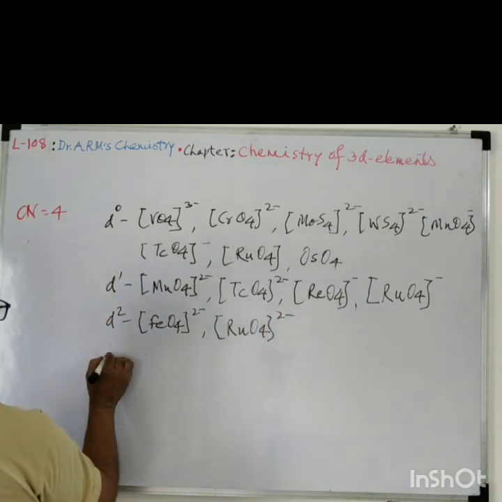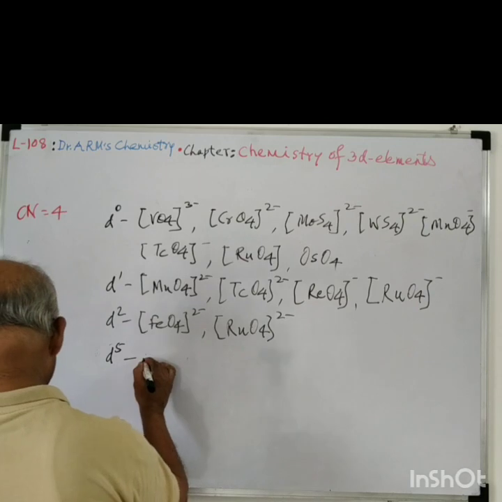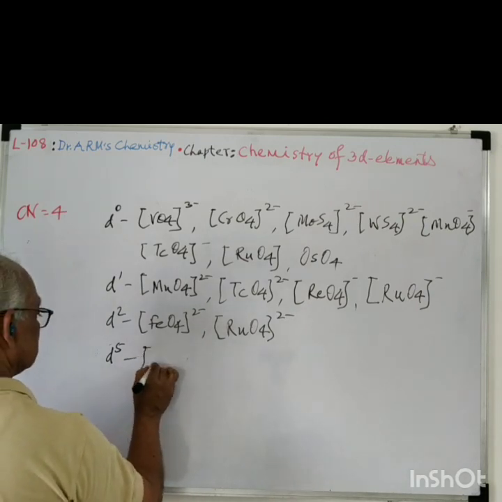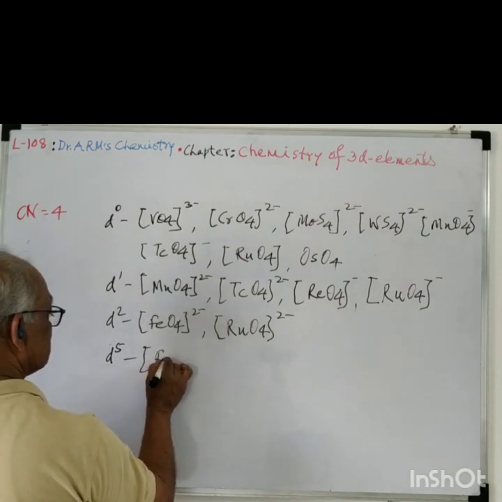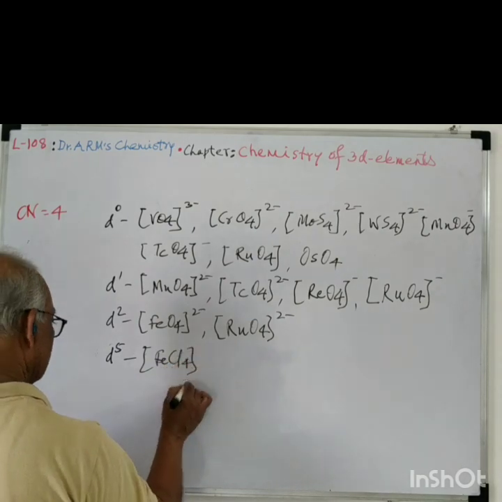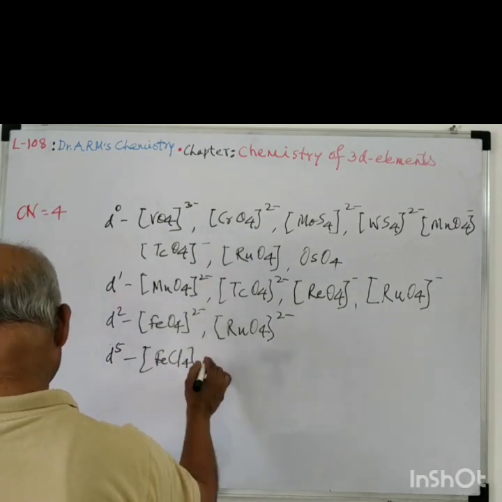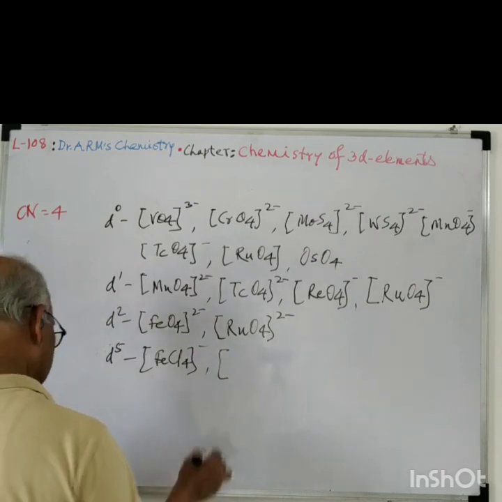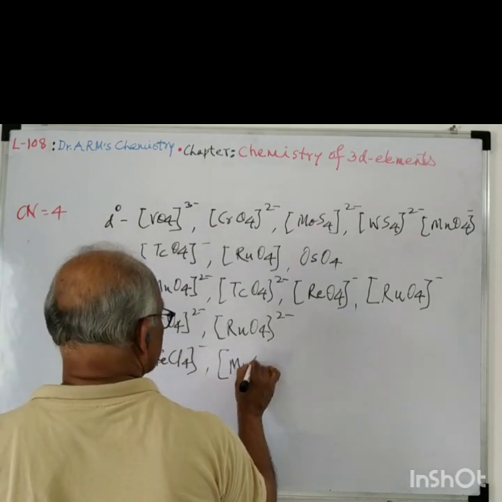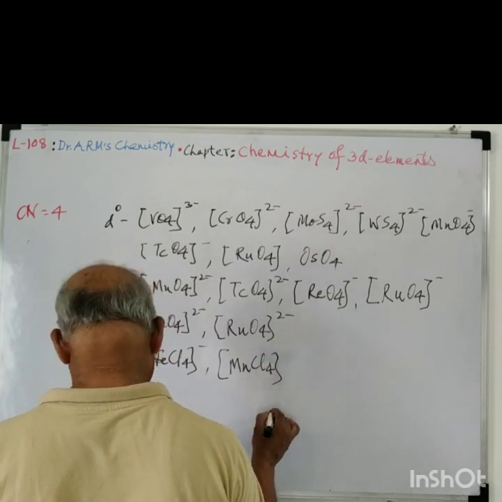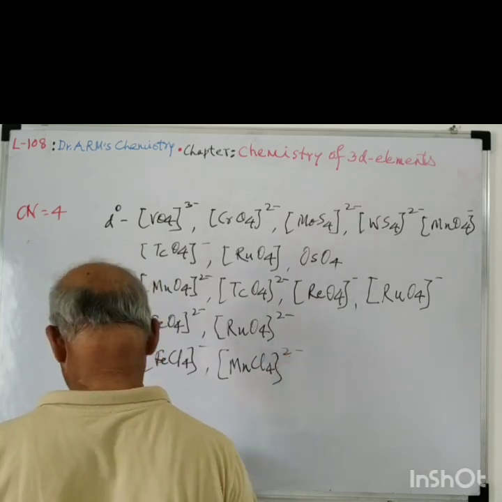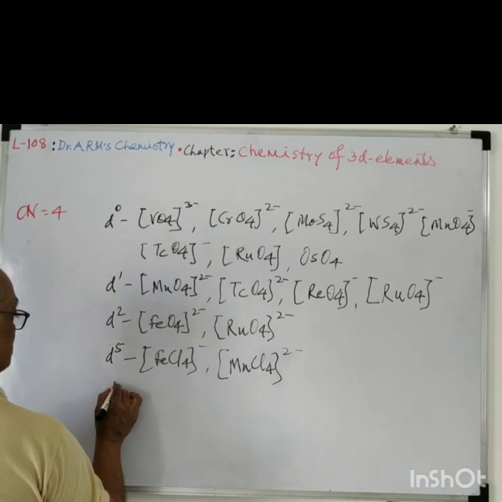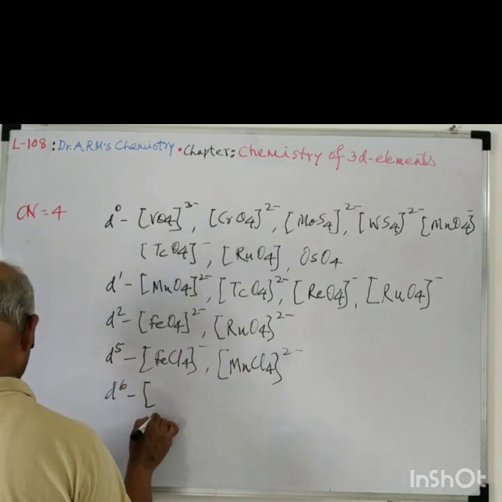Then d5 configuration: FeCl4 minus, then MnCl4 2 minus. Then complexes with d6 configuration: